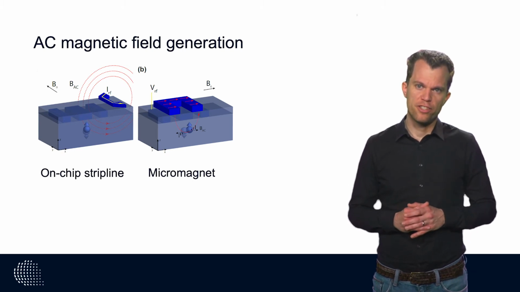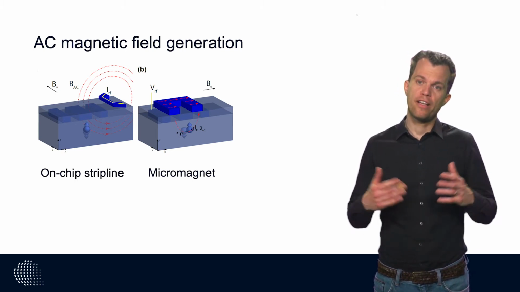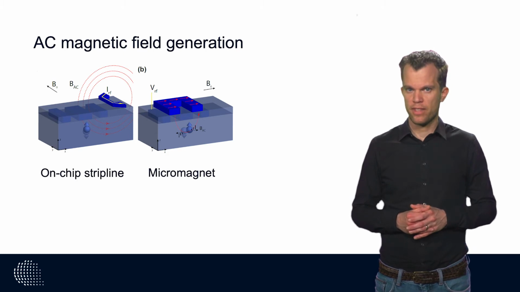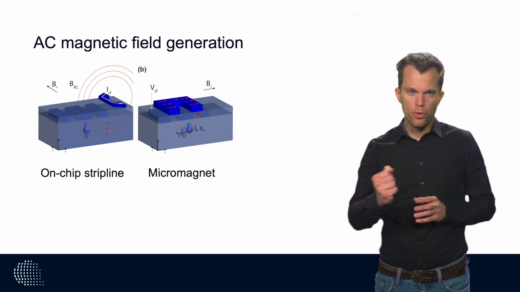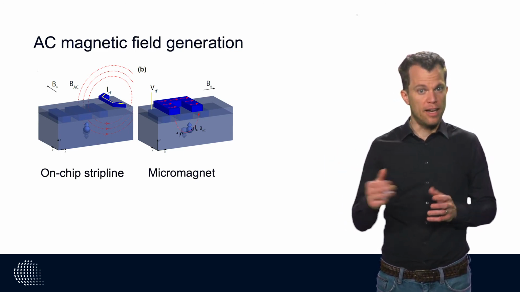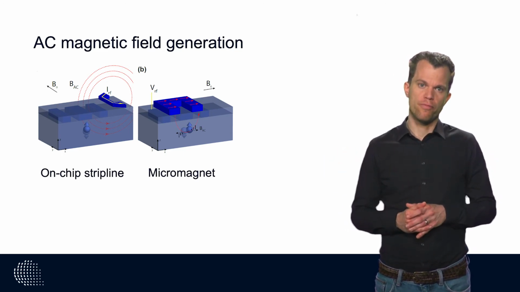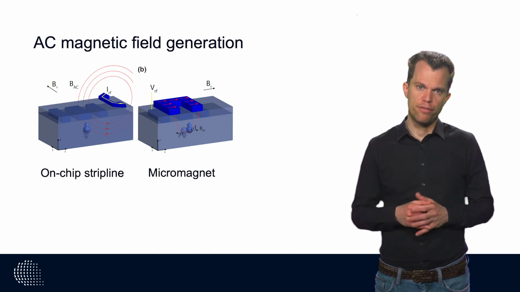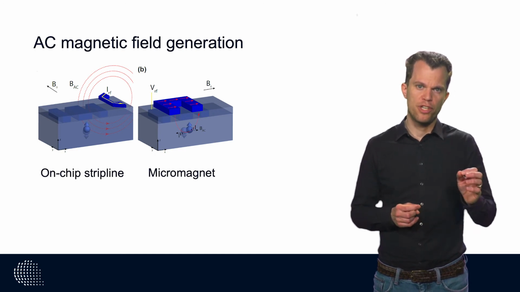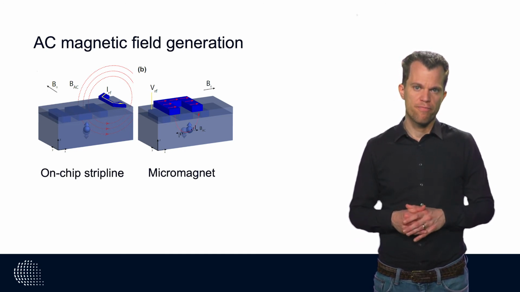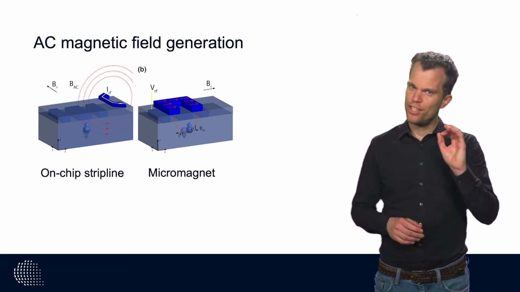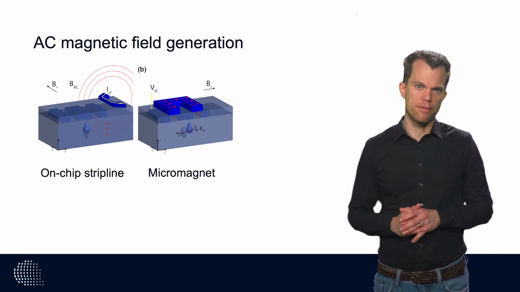If a small magnet is placed near the spin qubit, a magnetic field gradient will be present. And by applying an AC electric voltage, the quantum dot will move in that gradient. Electric fields can be made local, and this can be a rather efficient method of driving, with qubit operation frequencies on the order of a few tens of megahertz. Still, there is even a more efficient method for qubit driving.